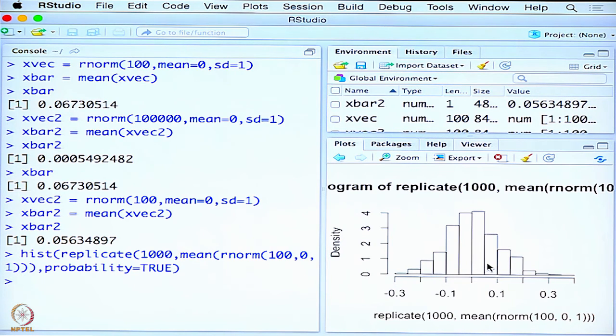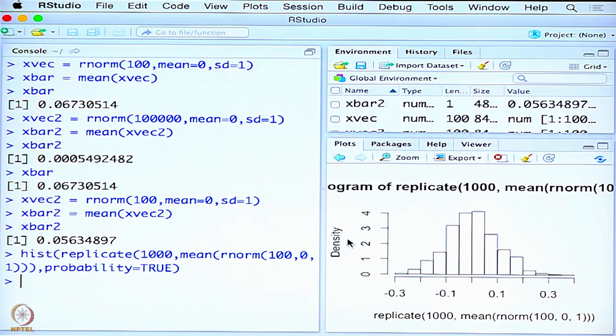I can test this in many different ways also. For example, I may wonder whether this is true only for this case or is it true for several other cases. So, I leave it to you to play around with different means and different standard deviations and so on, but observe in each of that two things. One, that x bar follows a Gaussian distribution. Two, look at where the x bar is centered, that is, where the PDF of x bar is centered.